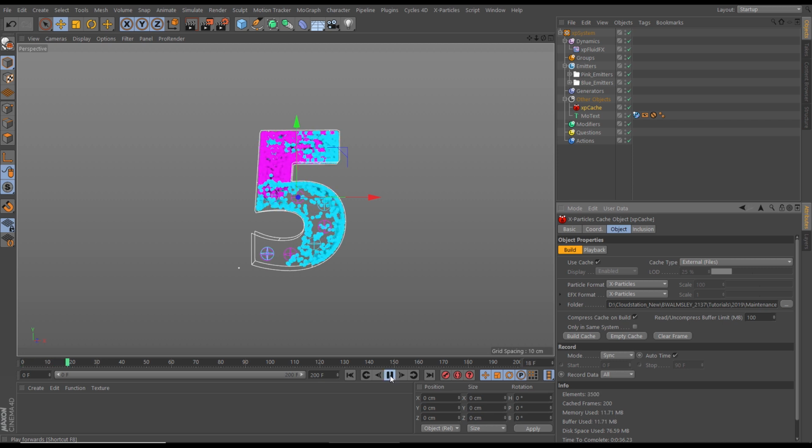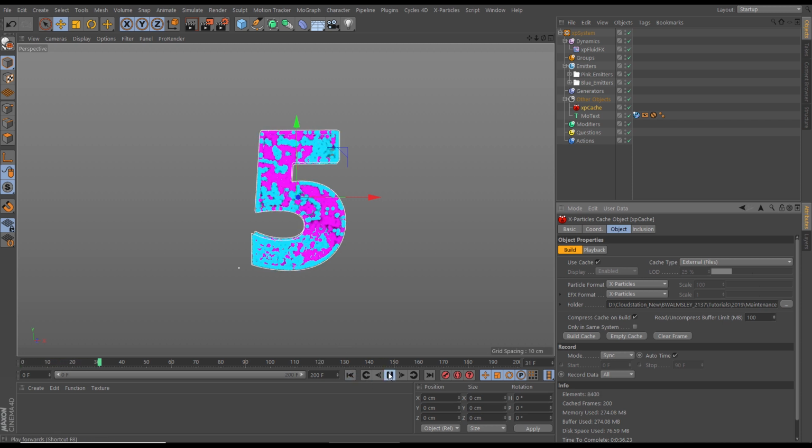Right, so if we hit play, now we've got this nice cached, we can really see this nice kind of movement in our blobby liquids. That's working really well. Okay. So obviously you can mess around with the positioning of your emitters. You could even put in, as we said, some modifiers to make it swirl around more, like using a turbulence. But for our demonstration, this is working great, and we can really see this wobbliness of this